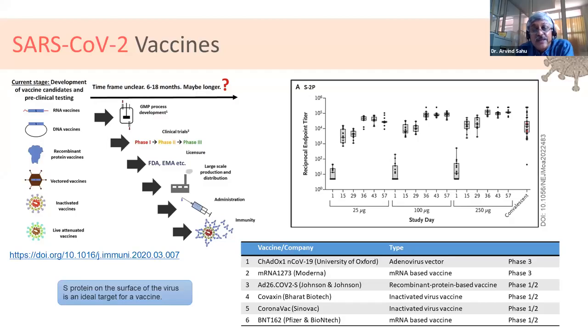We have also seen the Lancet. Everybody was waiting for the Oxford data, which was just published the day before yesterday in the Lancet, and again, very encouraging results, with a good response, both antibody as well as T cell response. There was also a paper in the same issue of the Lancet on a Chinese vaccine. They are trying different vaccines in China, right? And our own